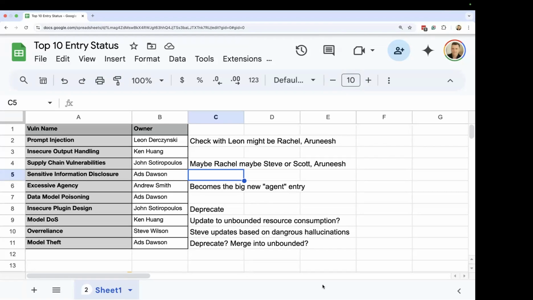In fact, a few days ago I pushed some updates for the excessive agency entry that made an explicit call out to that. It is just a couple of sentences, but it is definitely a call out to that, and that's where it felt like the sensible balance was going to lie at this time.